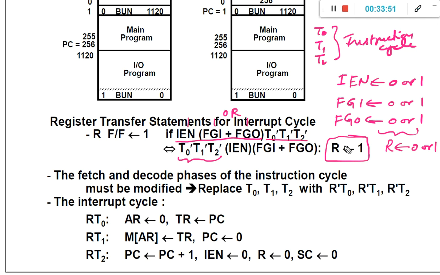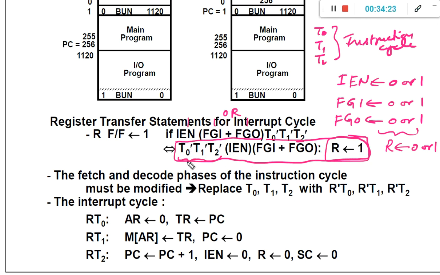Once we set the interrupt flip-flop to 1, the CPU is going to execute the interrupt cycle instead of the instruction cycle. That is how we have finally represented the statement in register transfer language. So this is the entire statement: T0'T1'T2' IEN(FGI + FGO): R ← 1.